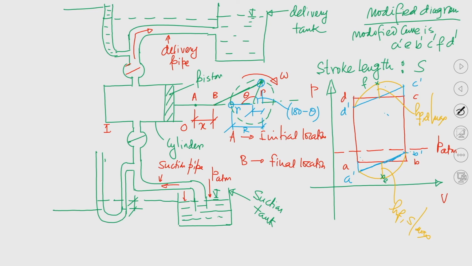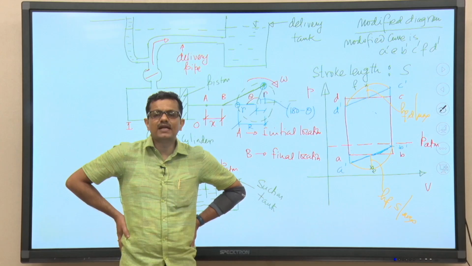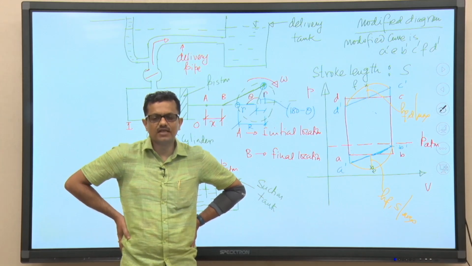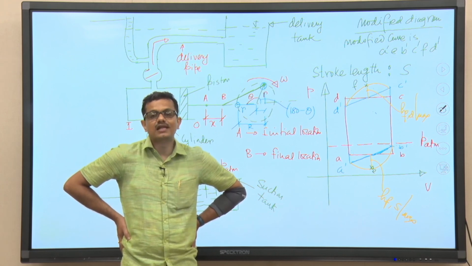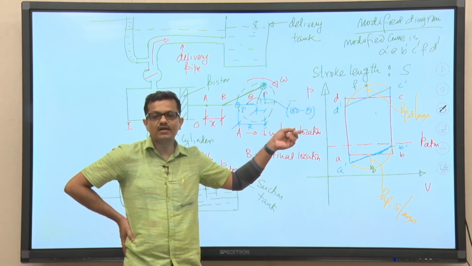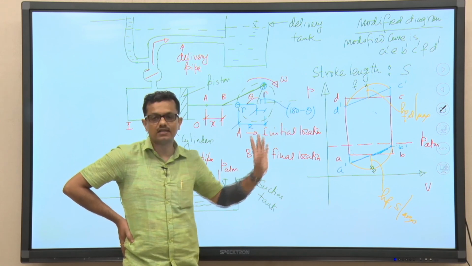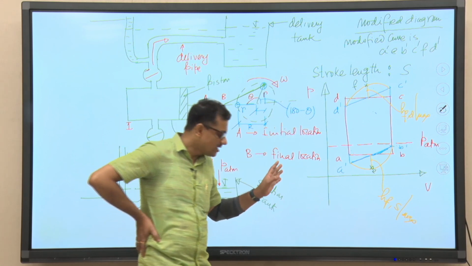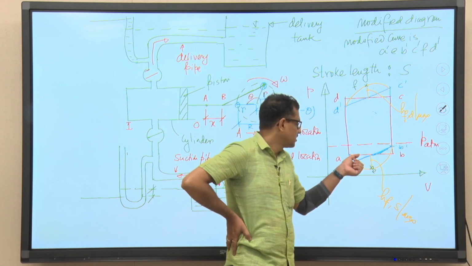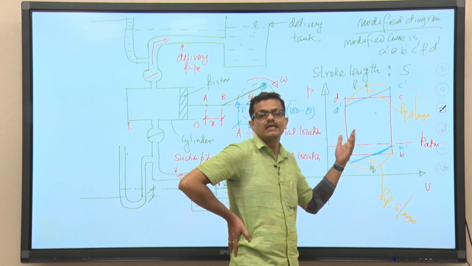So, if we would like to summarize today's discussion, we had discussed the simplified analysis of the indicator diagram in the previous class. Today we have seen that if we take two additional effects into account, and these two effects are very much there in a real system, then the actual indicator diagram will look like this. And not only that, we have also tried to establish the nature of the curve from the mathematical analysis.